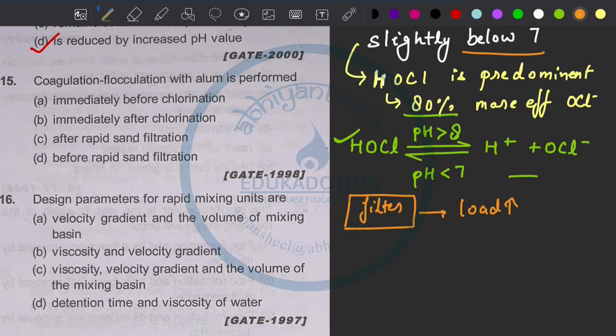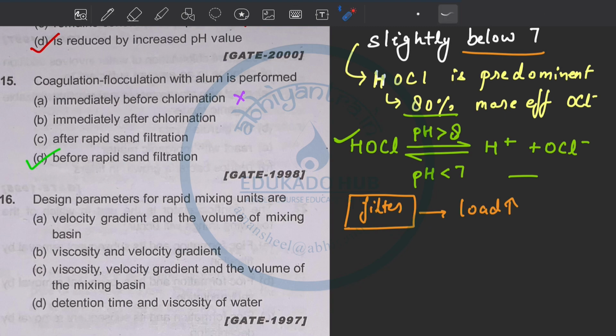So coagulation flocculation should be done before filtering, right? Immediately before chlorination, no, because filtration will itself remove these things, but it will create more load. So if we add it before filtration, then it will work perfectly. Next is